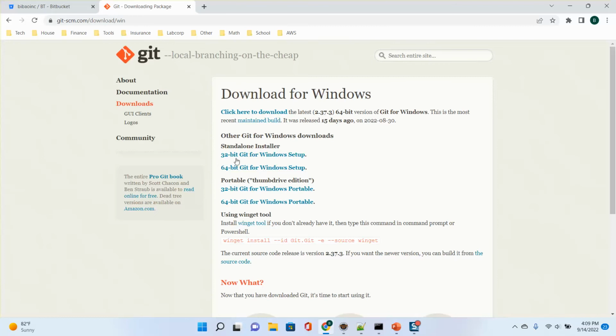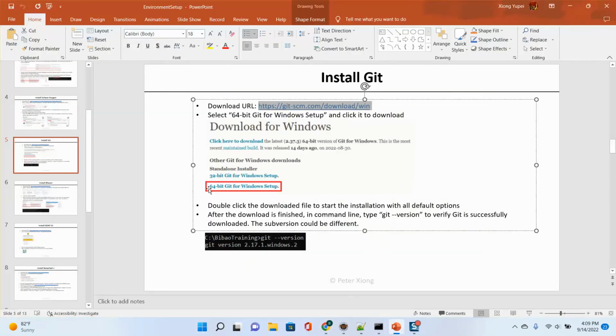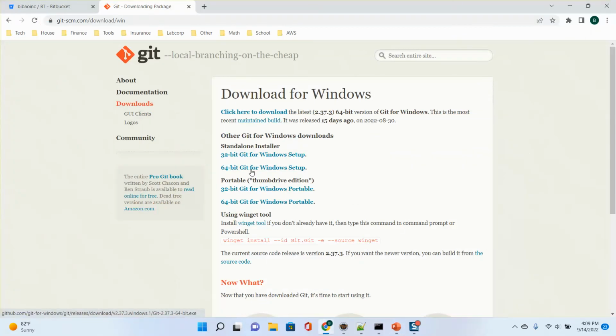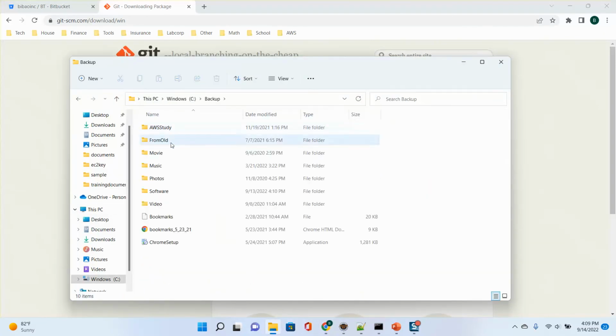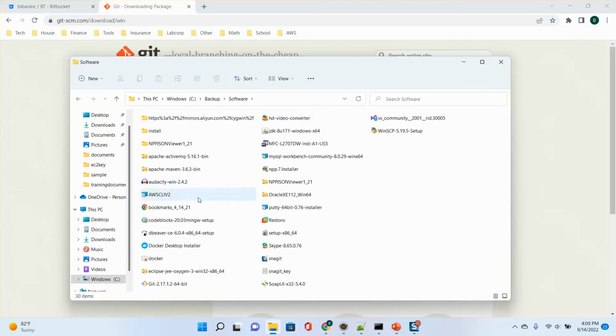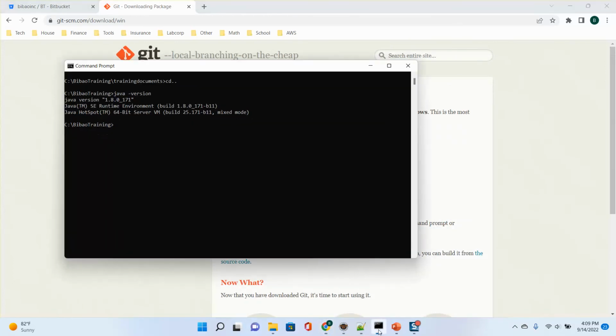standalone installer here. Okay. So here is a standalone installer, 64-bit Git for Windows setup. You click it, and you have a downloaded file, and then you will get this file. Let's see, it's Git, this file, and you double click it and follow the instructions. You will have Git. So to make sure Git is working, you can click Git